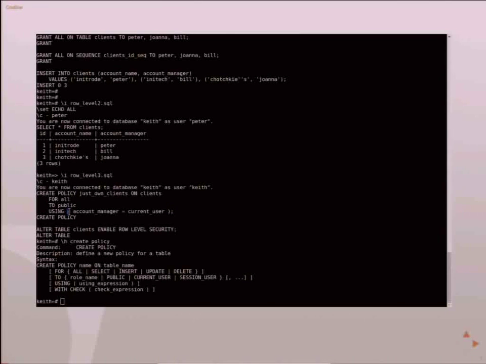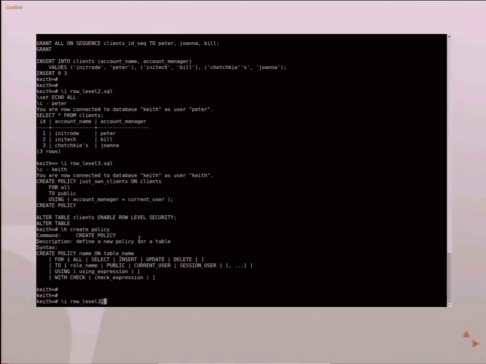The using clause is kind of like a where condition. So whenever a query is run against the table that has the role level policy on it, it's kind of like throwing that where condition on there. And then I'll show you later the with check is something you want it to check on an insert or an update or delete on the table. You want it to run that check to see if it passes as well. So you can have both the using and the check on there.